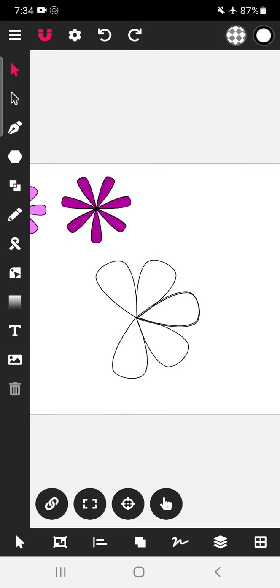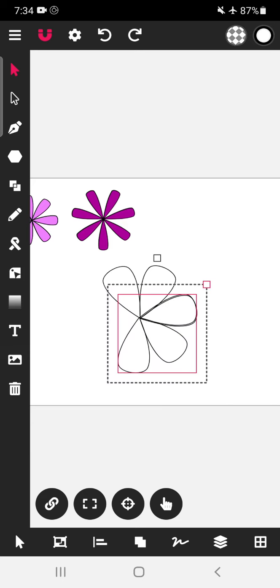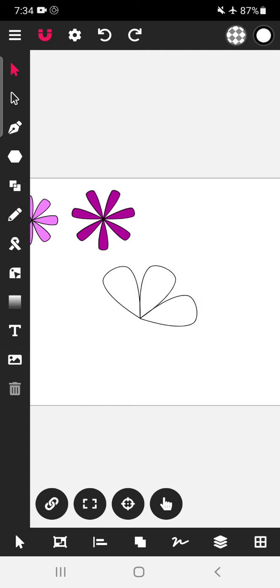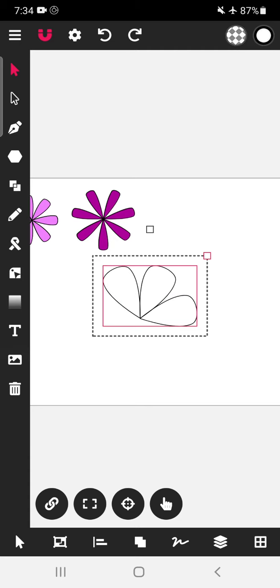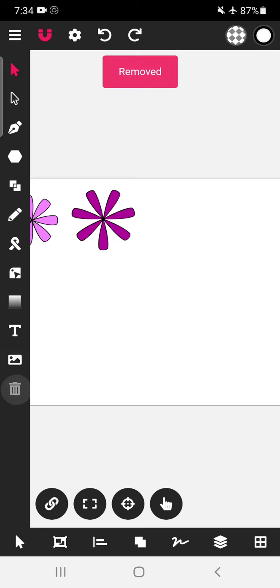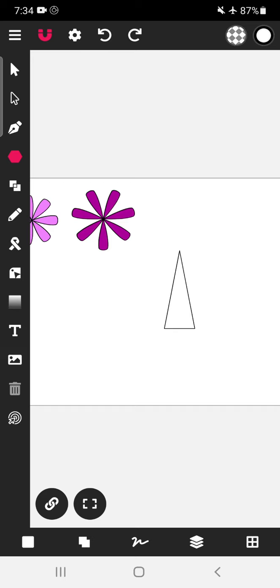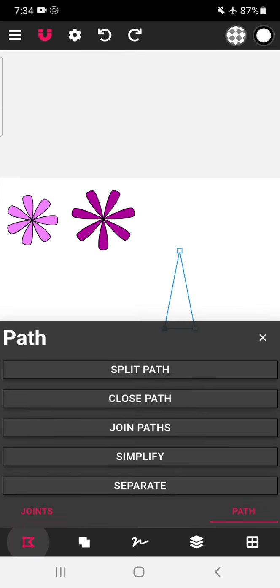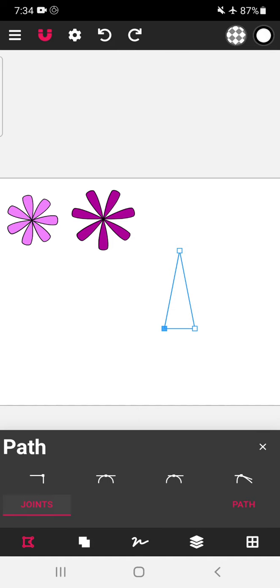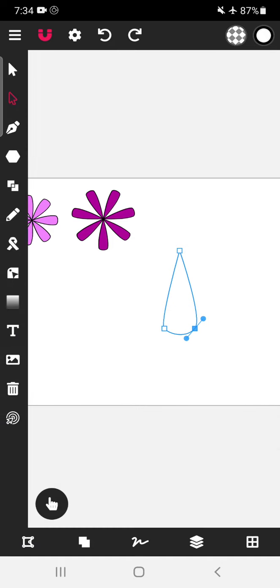We'll show you one more method in which you can make symmetrical objects with an equal number of petals on both sides, like 2, 4, 6, an even number of petals. Okay. We will use this triangle. We'll select this, go to this, auto joints, select this, make like this.